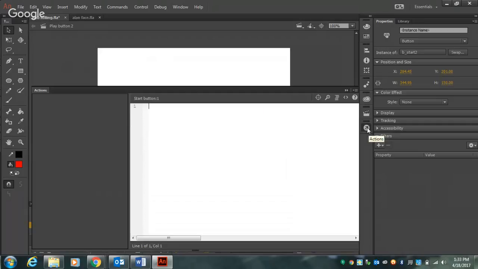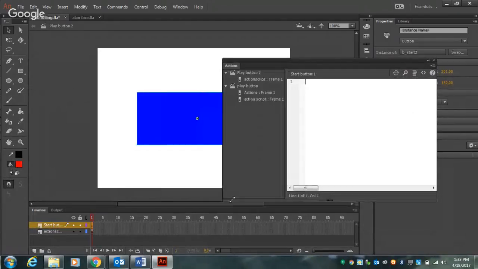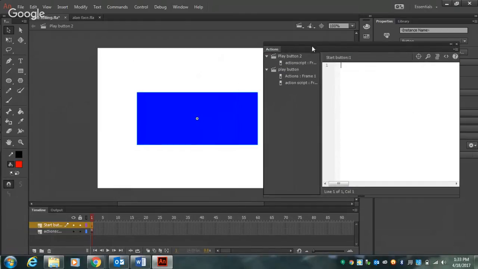and then hit F9 to pop out our ActionScript again. And I'm going to undock it so you guys can see my button at the same time here. And I know I'm on the right layer and frame because it says start button and frame 1, which is what is on there, the button. Let me know if you need more time because I don't want to lose anybody on this next part. All right. So we're going to add that when the user presses it, we get to tell it what scene to play. So